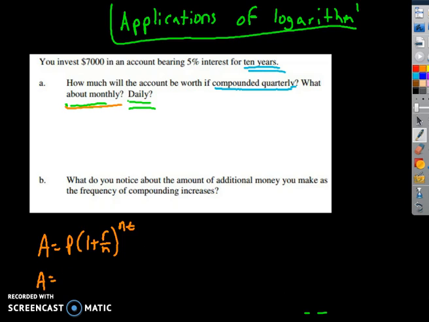All right, so for daily, you should now have 7,000 times 1 plus 0.05, because again, it was 5%. That's why we keep coming up with this 0.05. We started off with 5%. And that was 365 days a year. So it's 365 times 10. You may want to make sure you plug it into your calculator properly. If you plug it in the wrong way, you're probably going to get the wrong answer. You should use parentheses. And you plug it in, you should get about